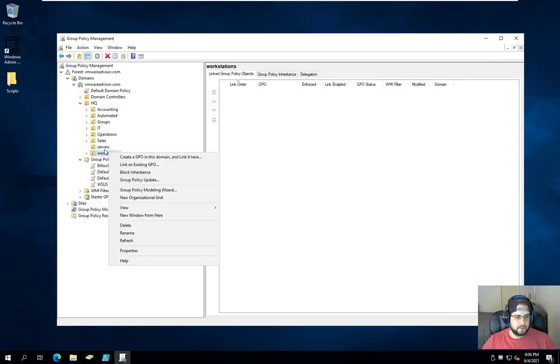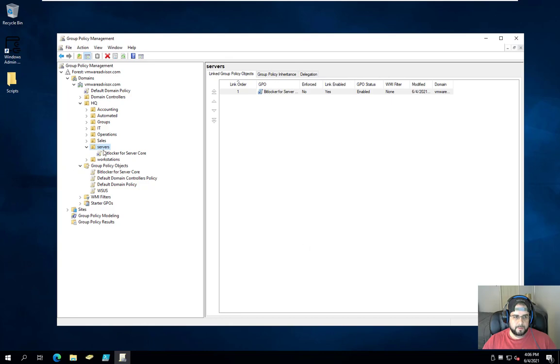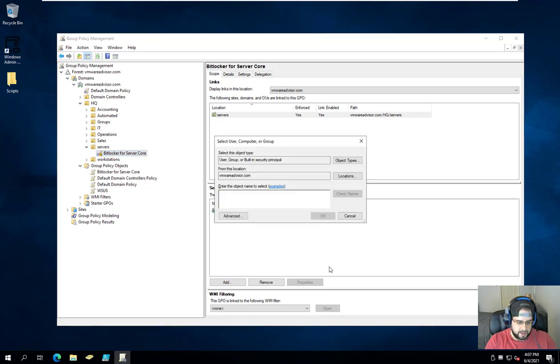So in this case, I'm going to right-click on Servers, Link, BitLocker for Server Core, OK. And then I like to always enforce this. This is something I really, really want to happen. Now the same thing here with Security Filtering, Authenticated Users. You can always add